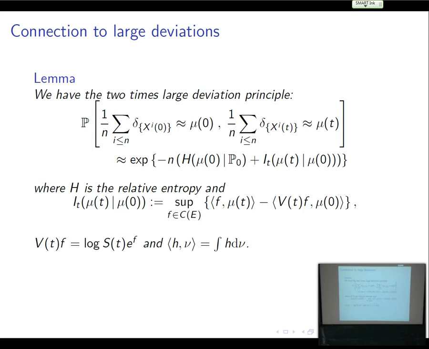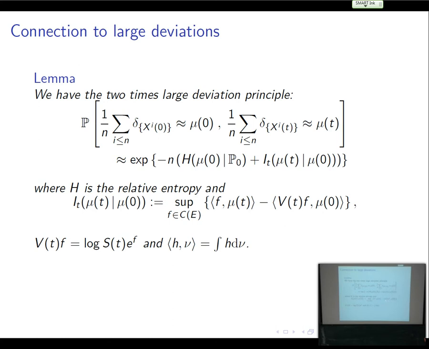Okay, so I ask for the probability that the averages at time 0 are close to a measure mu 0, and that the averages at time t are close to a measure mu t. Then you can show that this probability decays as the exponential of minus n times the entropy of mu naught with respect to the law of x naught. But there is an additional term, which is the conditional rate function, given by the following formula. It of mu t given mu naught is given by the Legendre transform